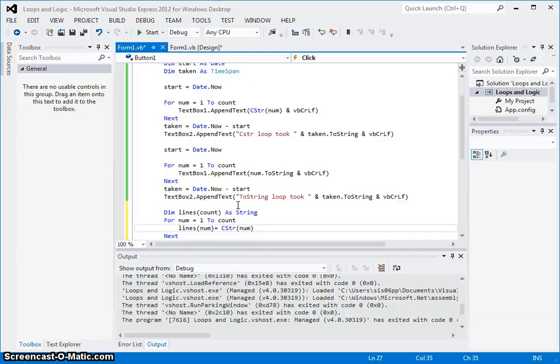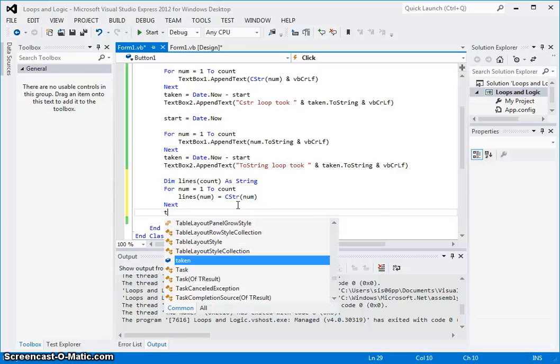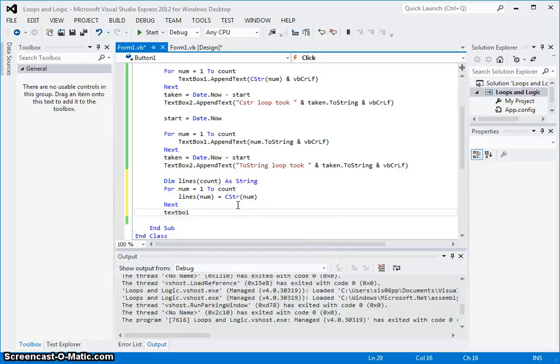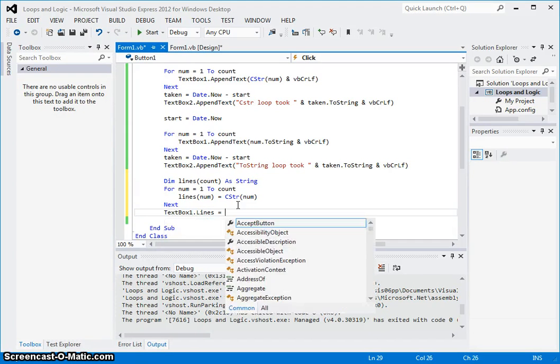And, oh no, we don't need to put the VbCrLf in here because we're updating the actual individual lines in it, which automatically come with line feeds in between them. Then if we say TextBox1.Lines equals lines,